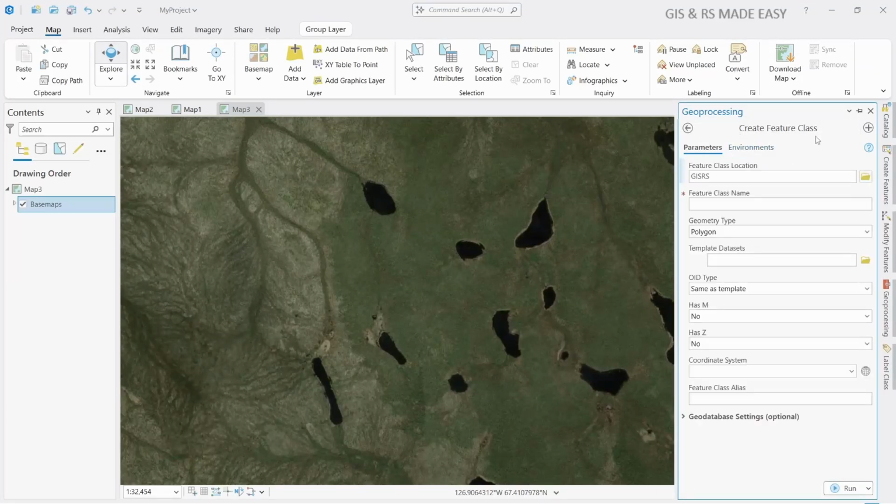Within the Create Feature Class geoprocessing tool, we will create our shapefile, and here we need to write the name, and let's write it water. We will create some points within this water body, and then geometry type. This is the most important thing. Here you need to select the point,